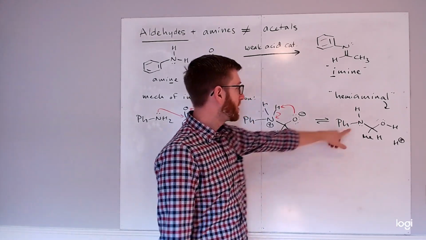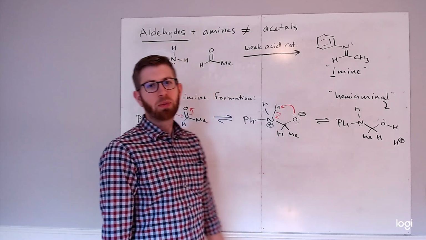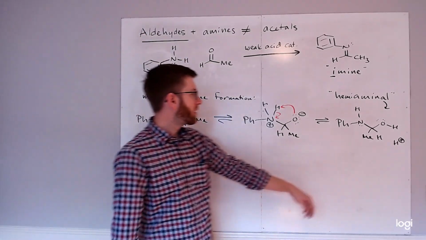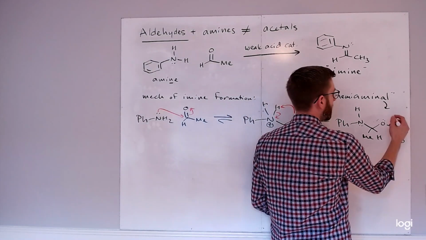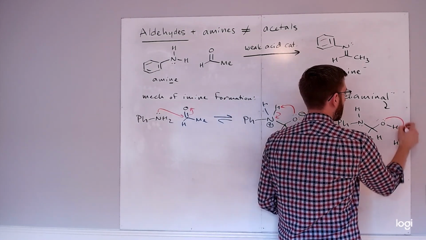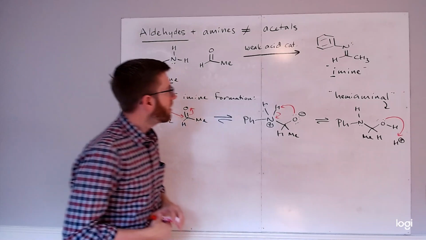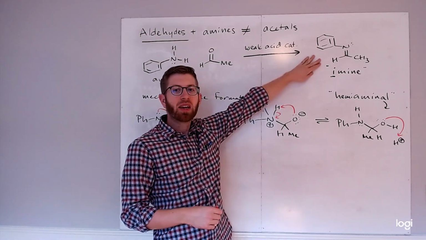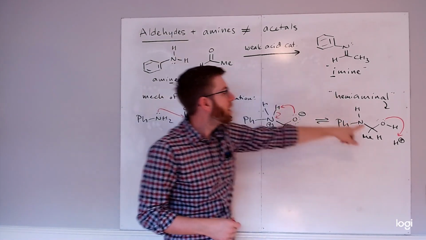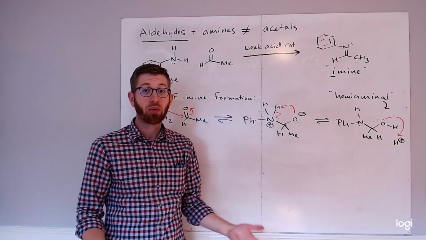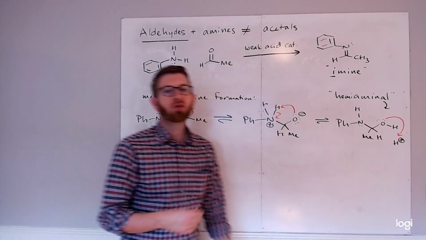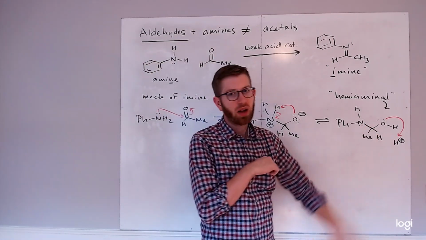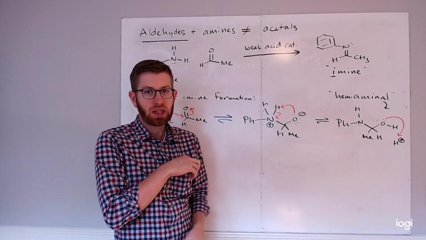Well, one option is the nitrogen lone pair, and that's probably the most basic site in the molecule, but that basically is going to start sending you back down this path. Instead, we could think about protonating the oxygen, because if I look at the structure of what I'm making, eventually an imine, it looks like that C-O bond needs to go away. I'm going to break it, but right now there's no good way for me to do that. So this acid catalysis is really about making this alcohol into a better leaving group,